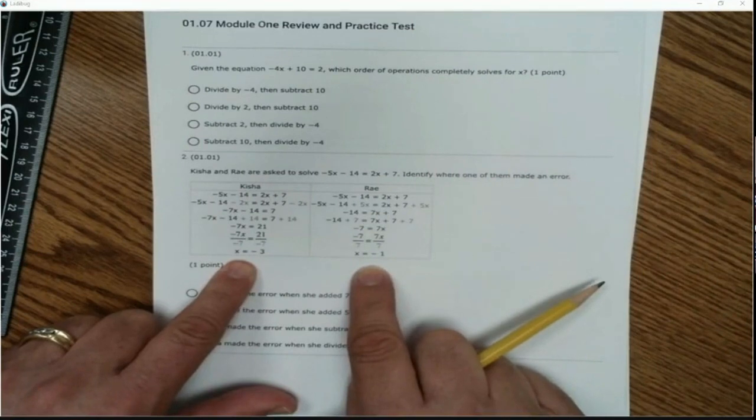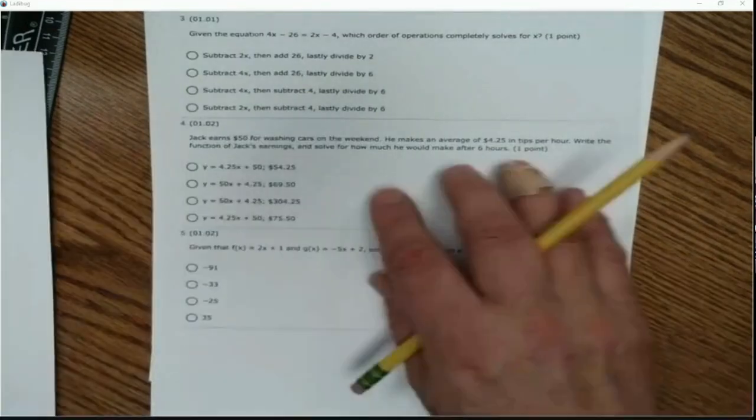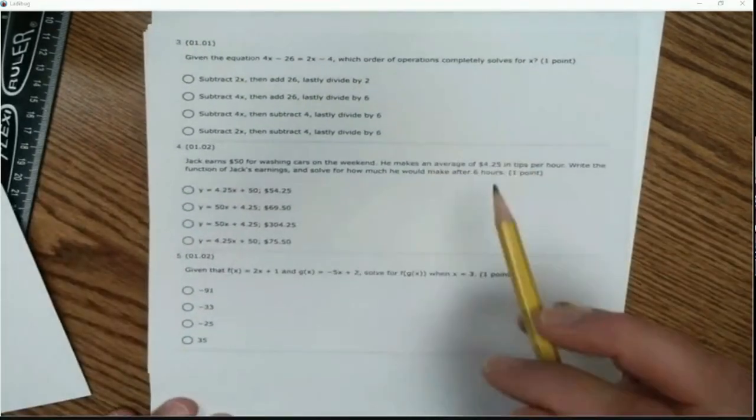So somebody made a mistake. And so you look through there and figure out who messed that up. Another order of operations